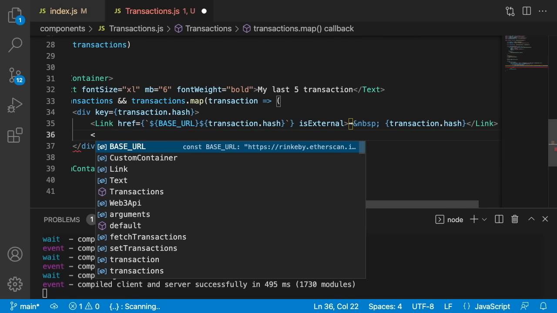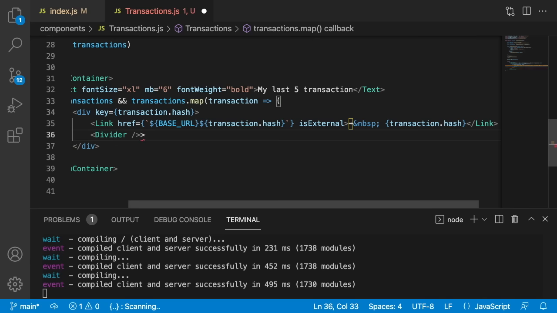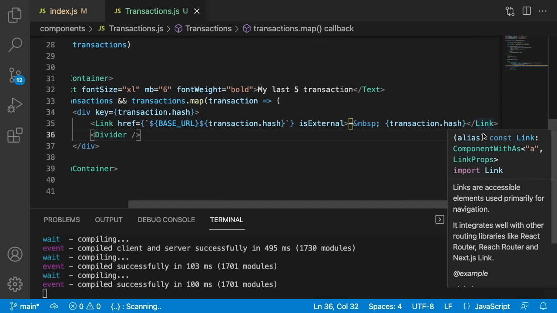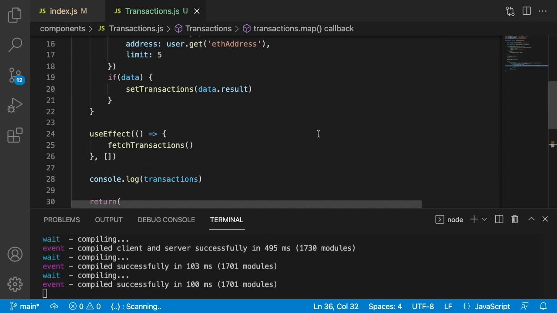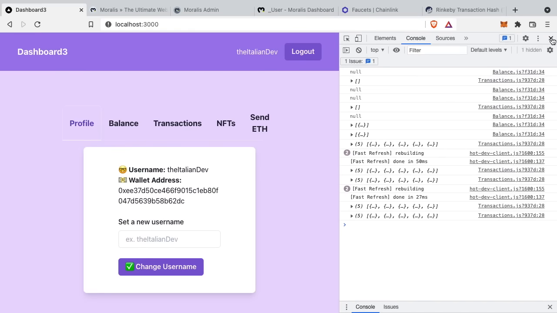And again, as we did for the balance, we can make use of a Divider Chakra UI component just to put a line between each transaction. So we can go back